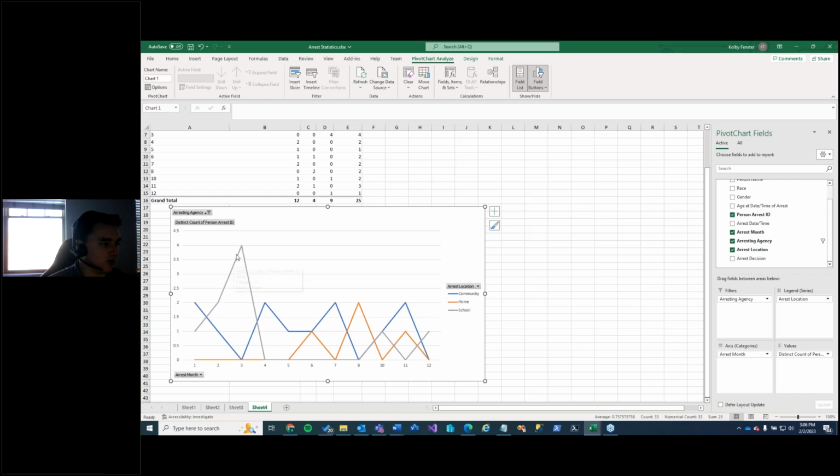That's going to be this gray line at school. And then we had nothing all the way till August, December, November, etc. And then you can see in home, we had a couple, but nothing crazy. And then community arrests, those seem to be way more consistent, or we had an uptick in those during these months. Well, if you think about it, if this is 2020 data, March is when things started to